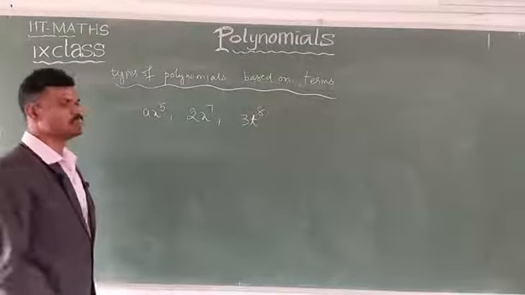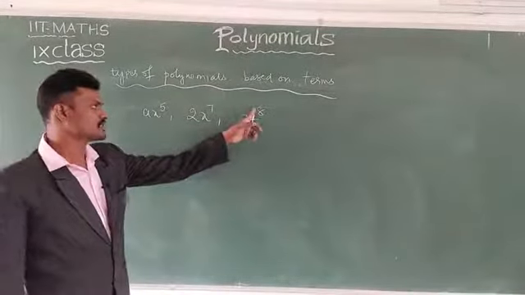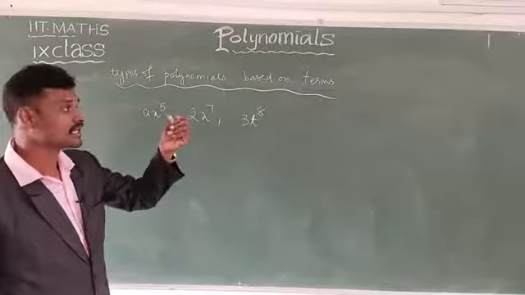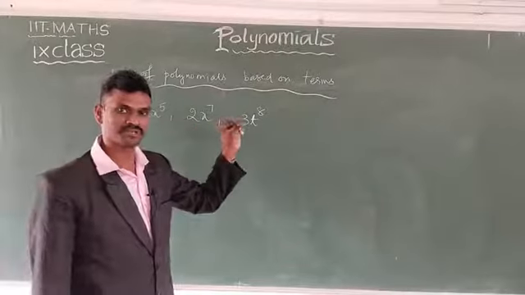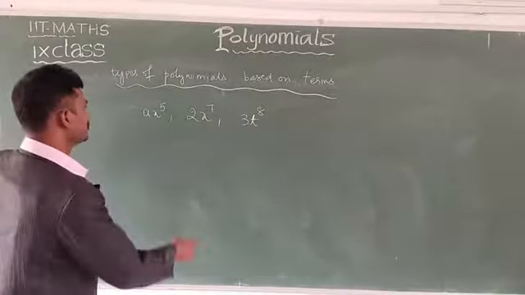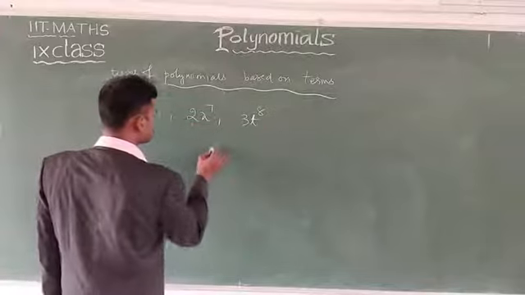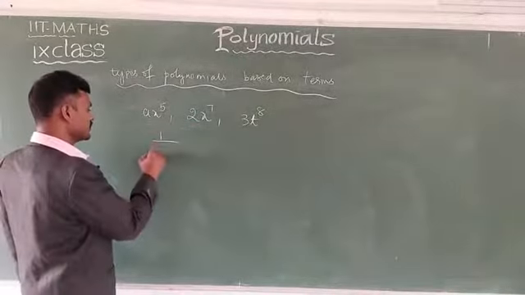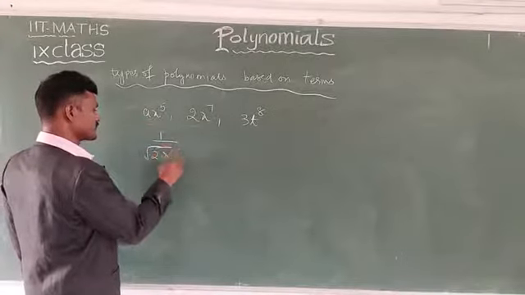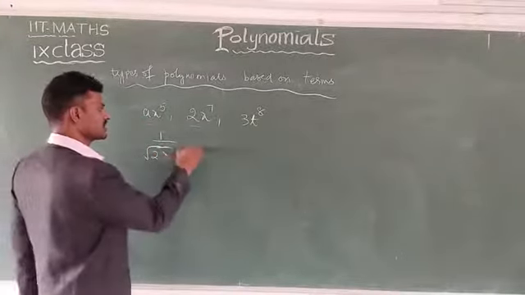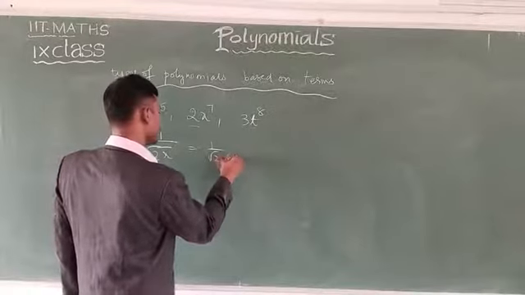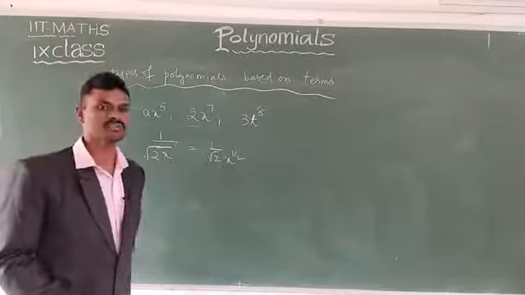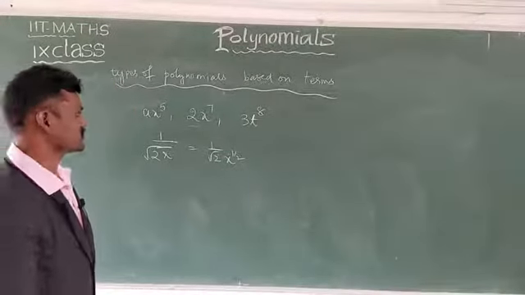These are all monomials. Here, suppose a negative power is given, 3t power minus 8, that is not a polynomial. Why? Because clearly I mentioned only positive powers. Okay, see here, positive powers means which belongs to Z plus or W. Suppose 1 by root 2 x, this is not a polynomial. Why? Because it is written as 1 by root 2 into x to the power of 1 by 2. X to the power of 1 by 2 going to the numerator means what happened? This is a negative power. Negative power means this is not a polynomial.